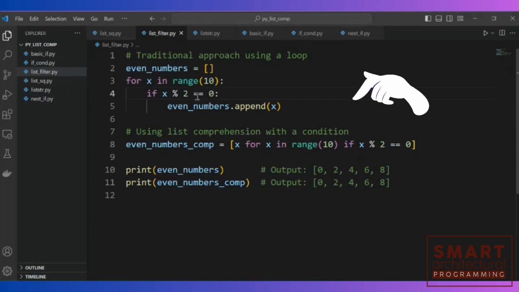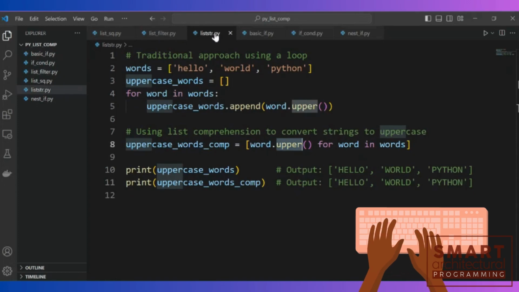But before that, this was an application of the filtration aspect of list comprehension. So we can filter through our entries within lists. The next document that we can focus on is creating lists based on strings, and using list